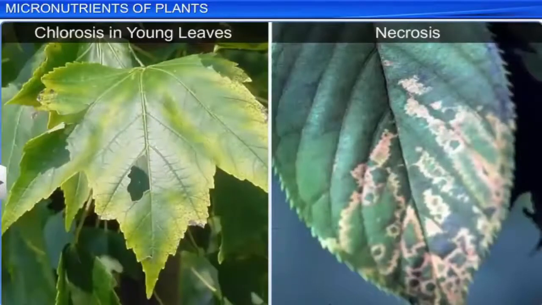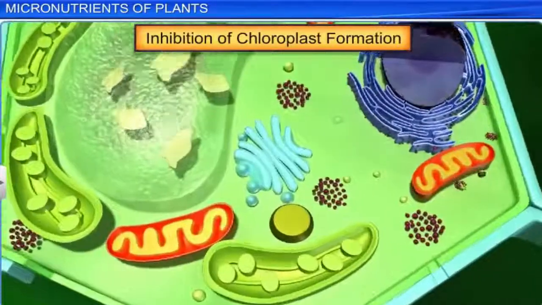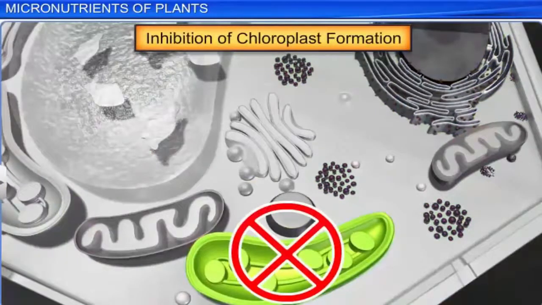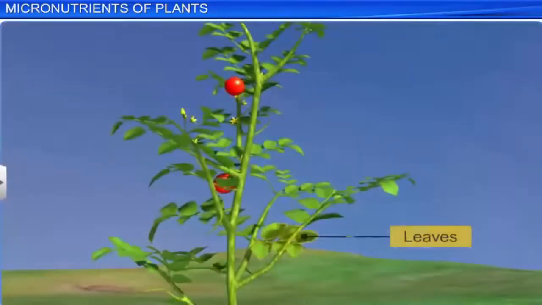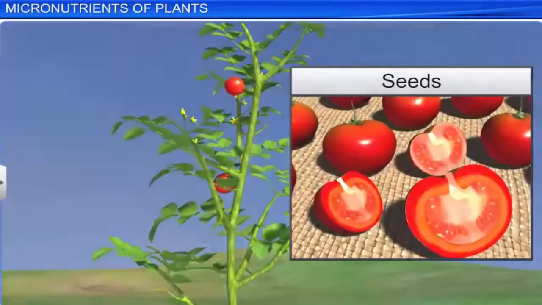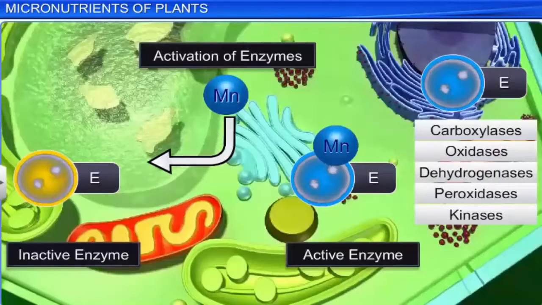The deficiency of this element leads to symptoms like chlorosis in young leaves, necrosis, and inhibition of chloroplast formation. Manganese is another trace element which is absorbed as manganous ions. It is required in leaves and seeds. It activates enzymes like